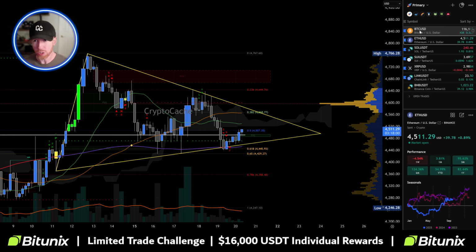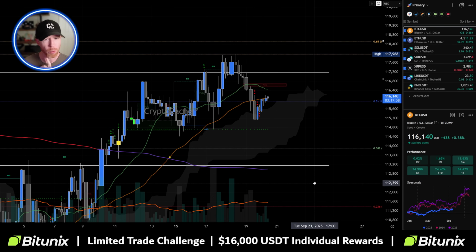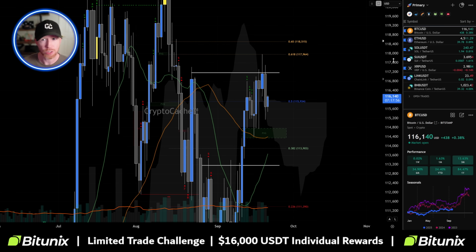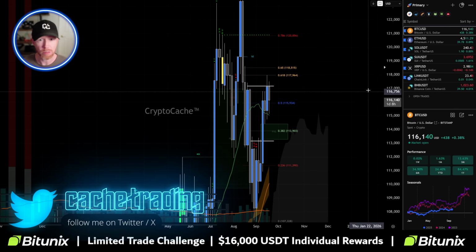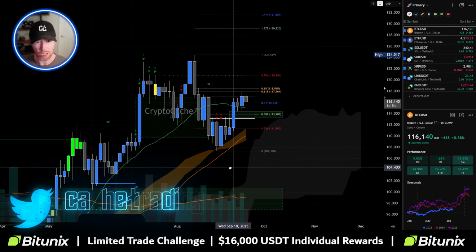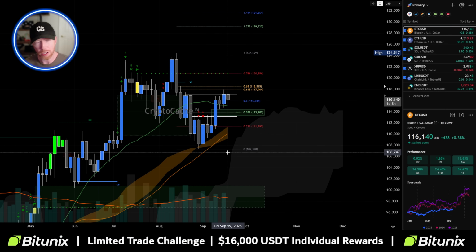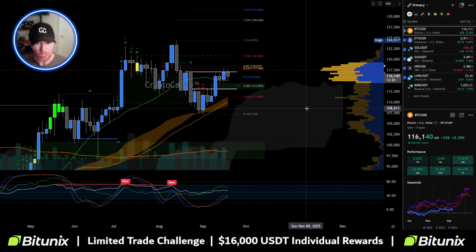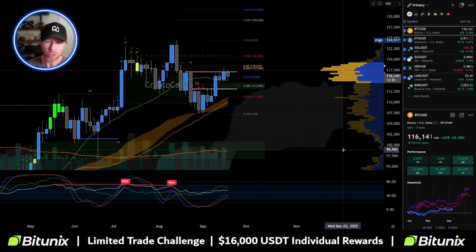So let's take a look at Bitcoin and understand where we're at. Let's start with the 3-day time frame to give us some overview. To clarify, the 3-day time frame is actually looking quite good in a lot of ways, and this is a good, strong indicator. It's telling us that the macro structure is in pretty good shape. So when I say Bitcoin could and should pull back soon, I'm really only referring to a retest of that 113K level, and then a strong, distinct likelihood that the price is going to go higher from there.